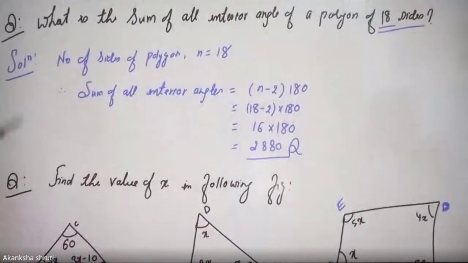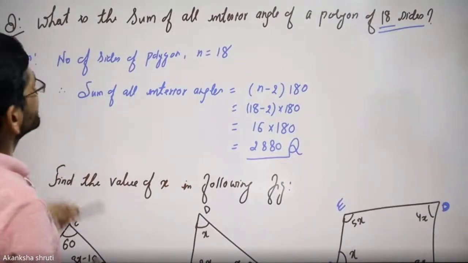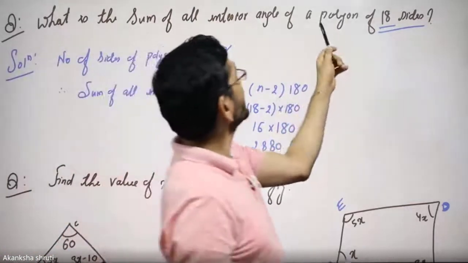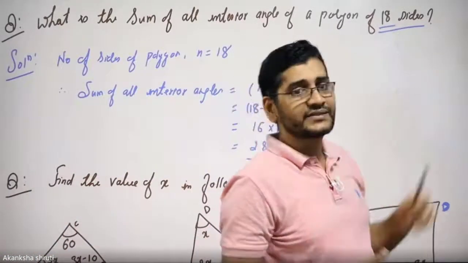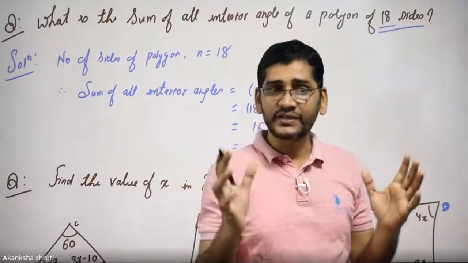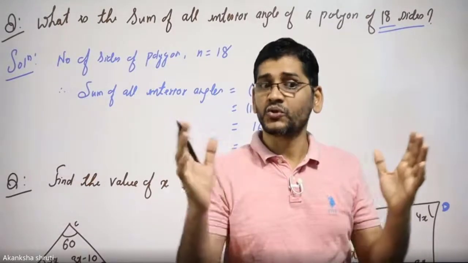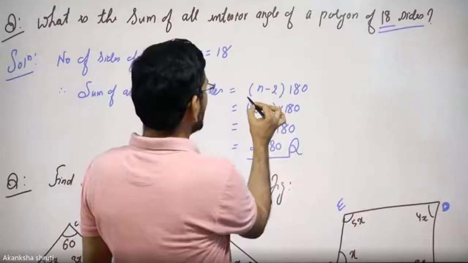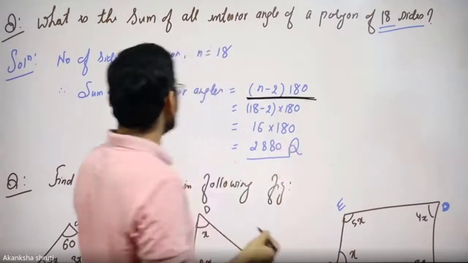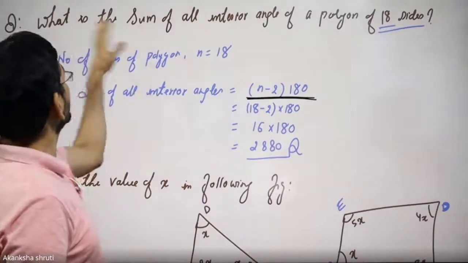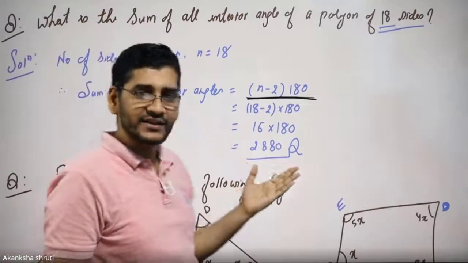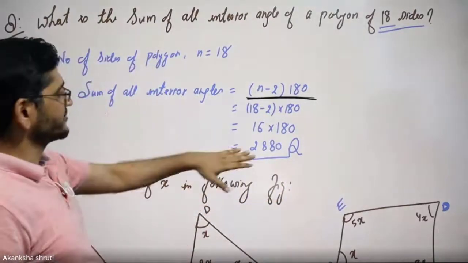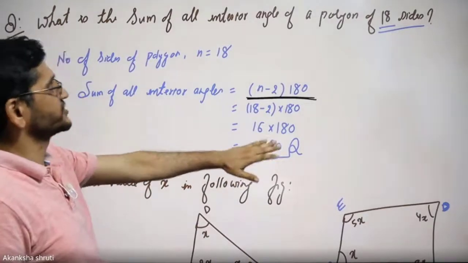Then next, applying this concept, we can calculate various things. So what is the sum of all internal angles of a polygon having 18 sides? If you draw the 18 sides making triangles, it will take too long. But if we remember the formula, number of sides minus 2 into 180, the sum of internal angles, in this case, we can determine very easily. Okay, students? So as a result, we are getting the value 2880 in this case.